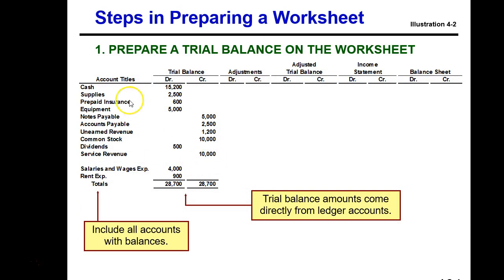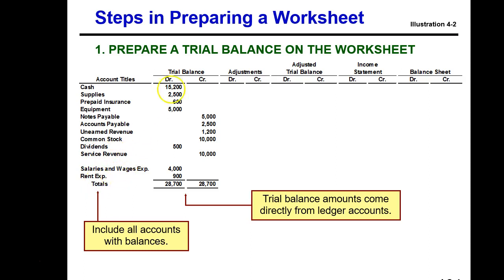So first, we're going to list all of the account titles. When you list your account titles, you list them in order of your chart of accounts, or in the same order as your ledger accounts. You first list all of your asset accounts, followed by your liability accounts. Next, you list your stockholders' equity accounts, followed by your revenue accounts, and last, you list all of your expense